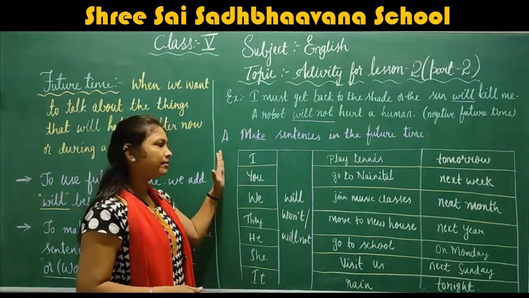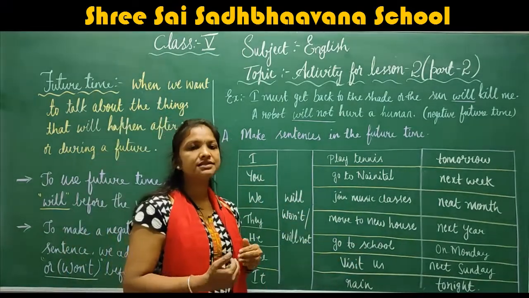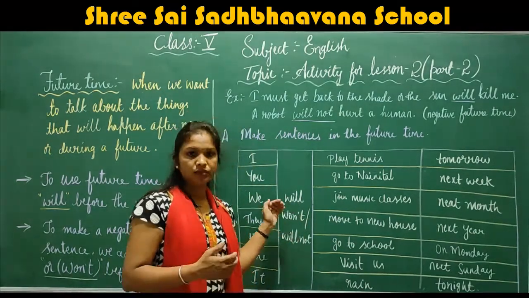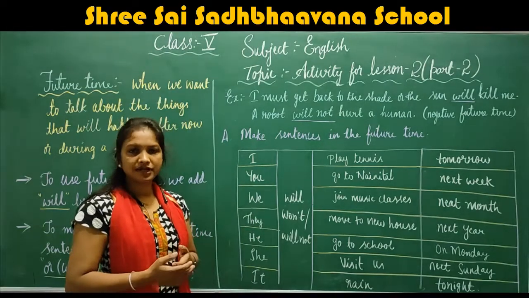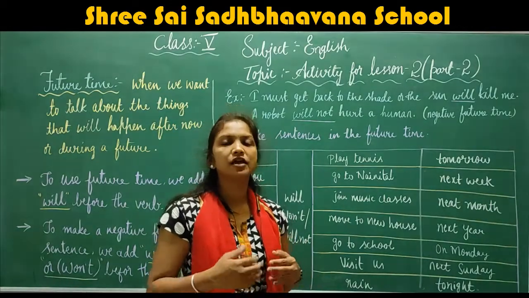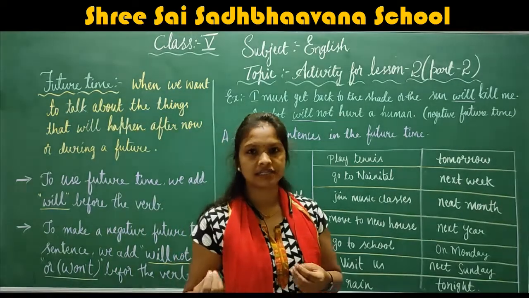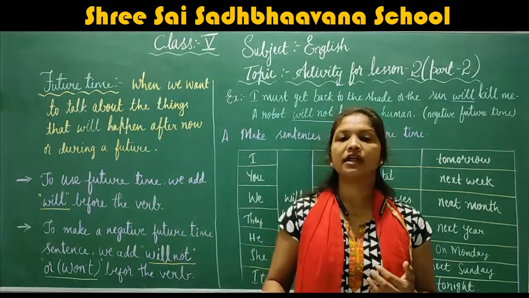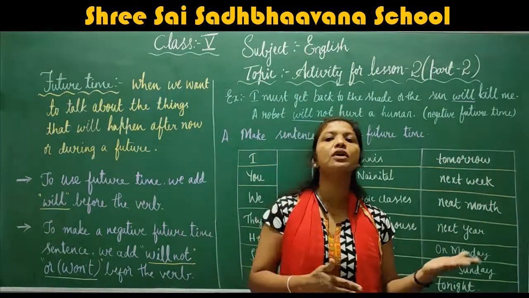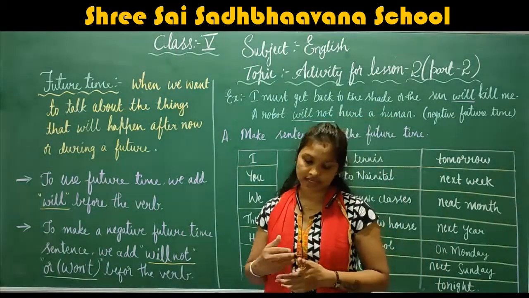Children, this will be a homework. By using these examples, you have to frame as many sentences in future time and negative future time. This I'll be asking you in the next class. Did you understand, children? And here in your textbook, they have given a passage. In that passage, a few words which have to be in future time are in past tense form. So we have to read the passage, identify the words which are in past tense, and convert them into future time verbs. Understood? So we will move on to that exercise.